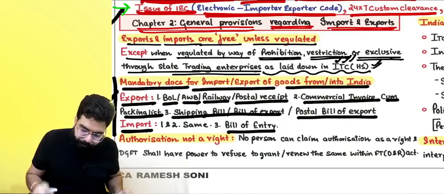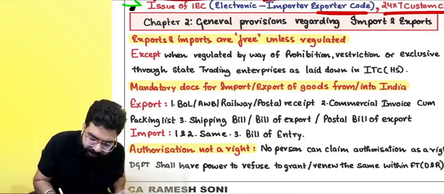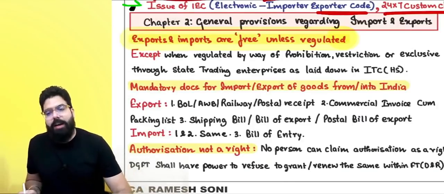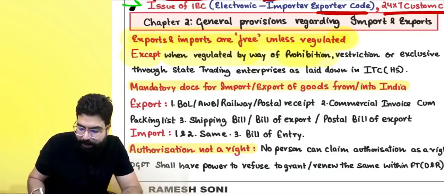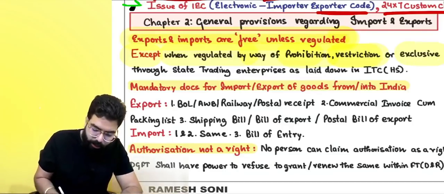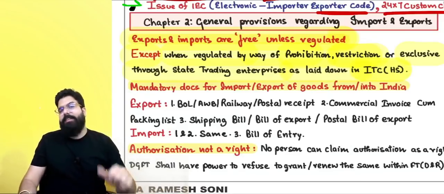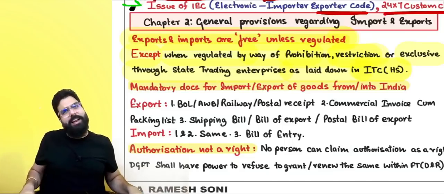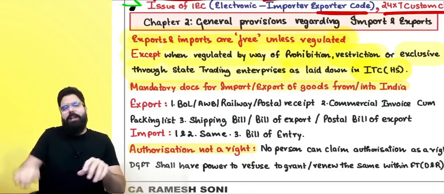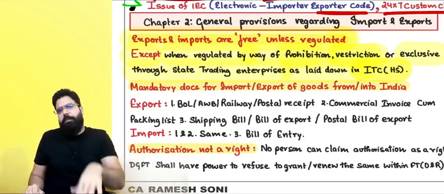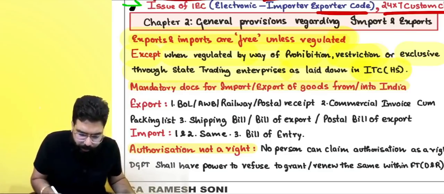So if you go to the general provisions relating to import and export, the first thing they are telling is that exports and imports are free unless they are regulated, except when regulated by way of prohibition, unless told prohibited or restricted, or exclusively through state trading enterprises as laid down in the ITC HS, Indian Trade Classification. Basically it's again a book, the Indian Trade Classification, where they have gone ahead and classified all the goods as free, prohibited, restricted, or only through state trading enterprises. Now everyone over here,